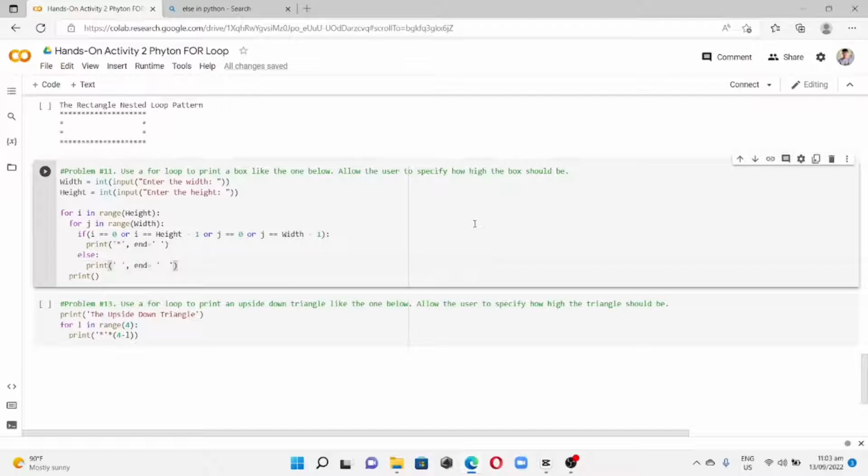Addition for problem number 11. We can use this. We are going to allow the user to specify how high the box should be. We have our width is equals to input, and then in the quotes we are going to enter the width later on, and then the height is equals to input, and we are going to enter the height. And then for our code, for i in range of height, which we are going to input later on,